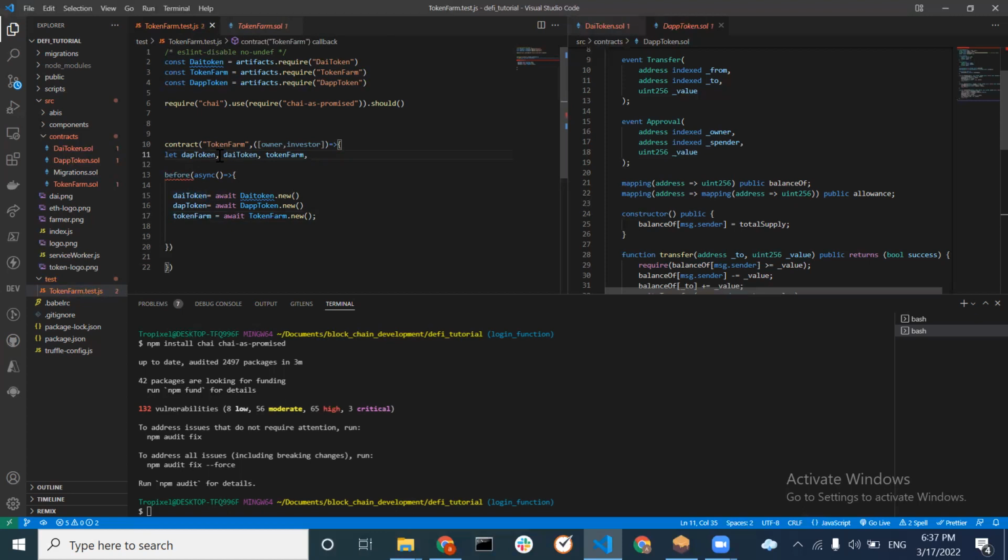I think the first thing to test is, let's test to see if the name of our smart contracts will be the same. So this is the default function. And before that,